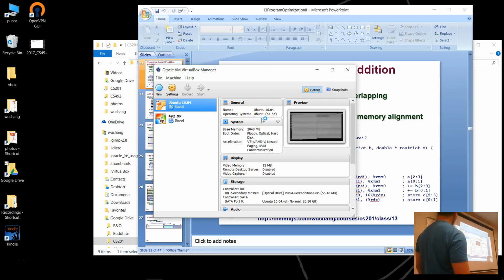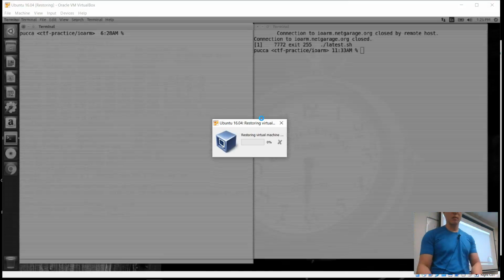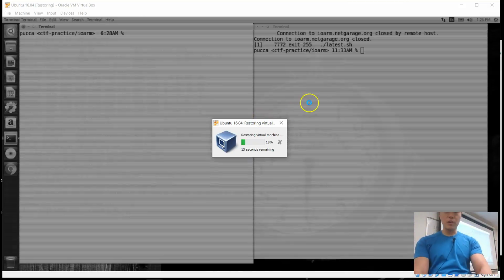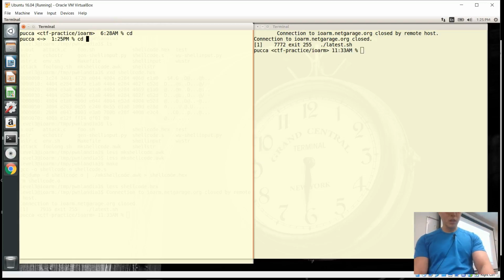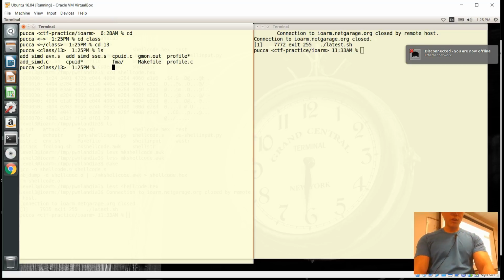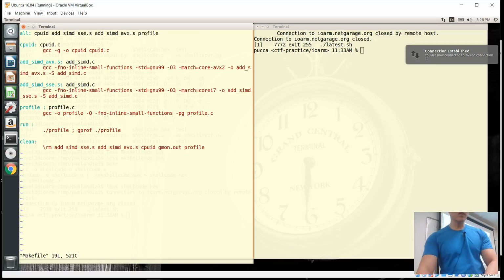Show this to you momentarily. So this example is up there. So if I look at this makefile, I have